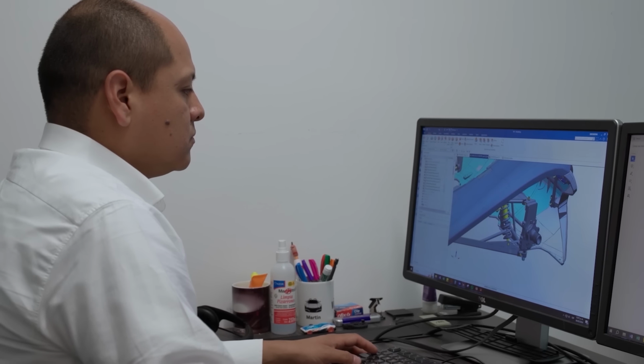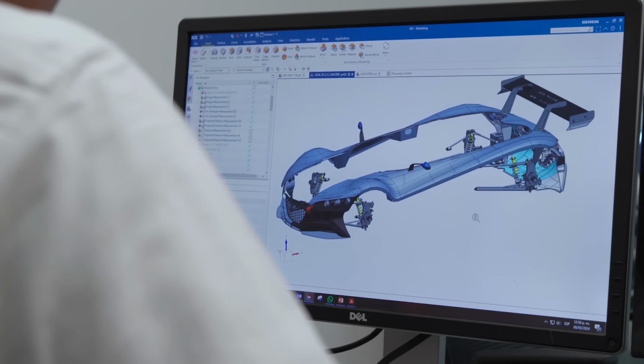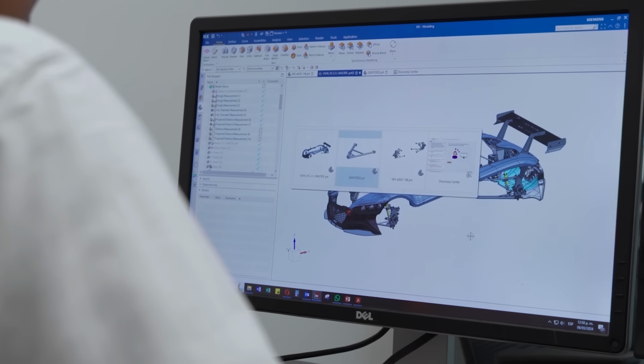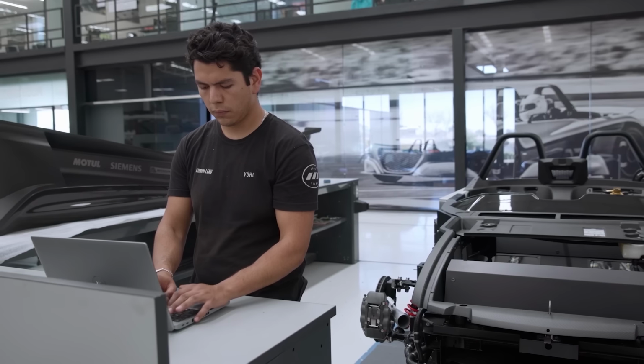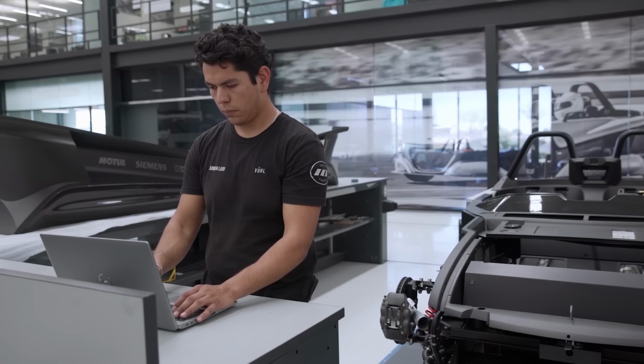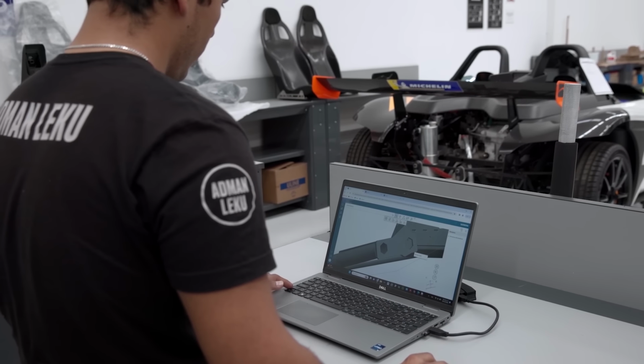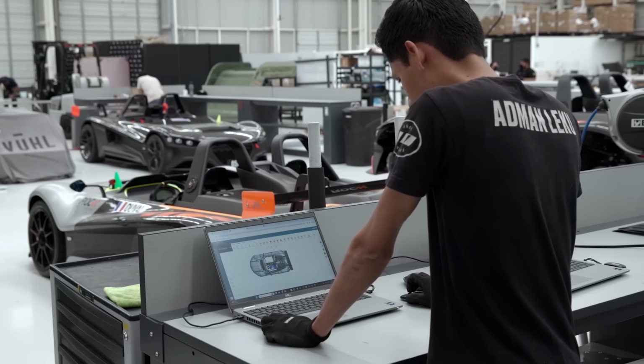While we are always using NX CAD to do our most complex models of the car or whatever customer project comes to us, there are sometimes where you need to bring all that complexity into the shop floor, and our people will open those files in the shop floor. But if they need to do some simple adjustment that doesn't require really to go up and bother the engineering team, they can do those changes on the shop floor very easily and very fast. So yeah, it has also worked for us that way.